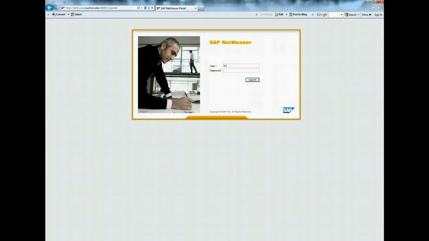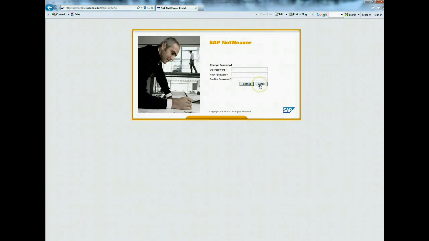Now do not use my ID, I am using 006. You use your ID. Like if you are Sumit, you will be using LU007. If you are someone else, find out from the SAP access list what your ID and initial password are. So I am using my LU006 and my initial password, and I log on.